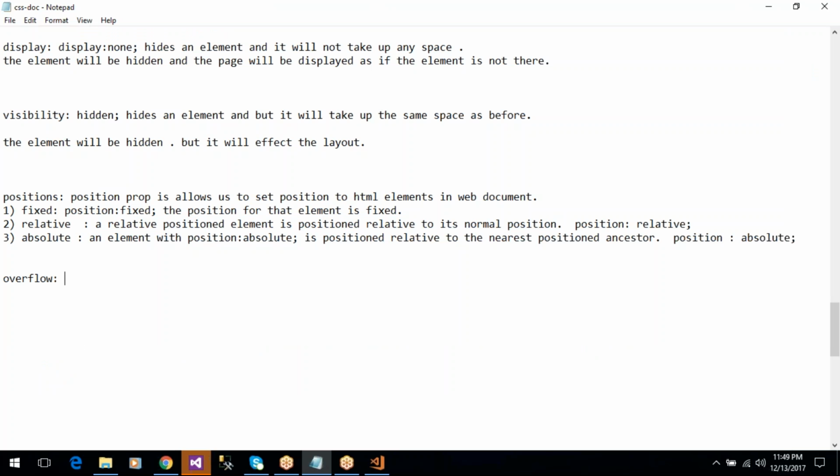The overflow property specifies what happens if content overflows an element box. An element box is nothing but